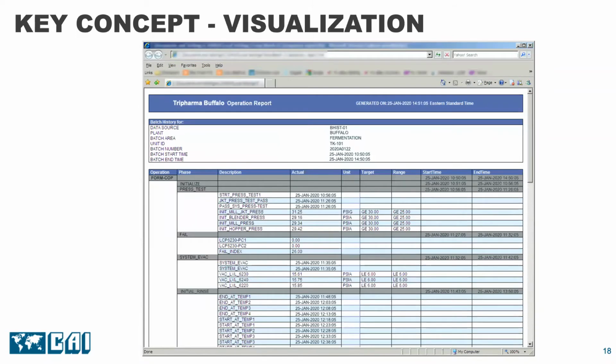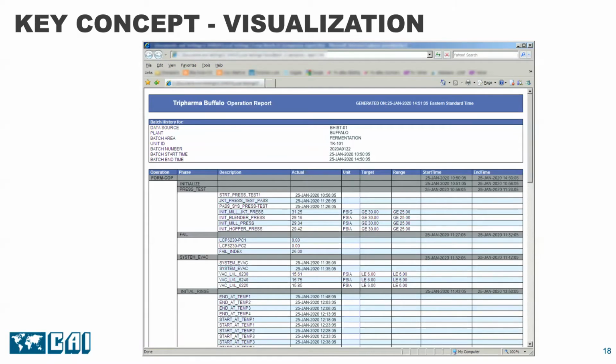We will skip our third key concept for a moment, integration, because we will discuss it in our upcoming analytical examples, which require data from multiple sources. We've already seen how an OPC server is a key component for integrating data from multiple sources into a single data historian. What we see here is a visualization example.